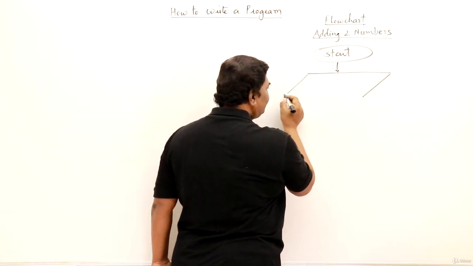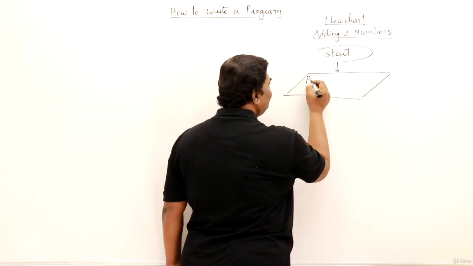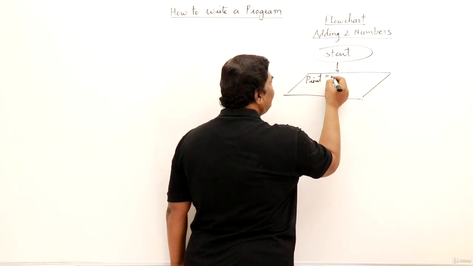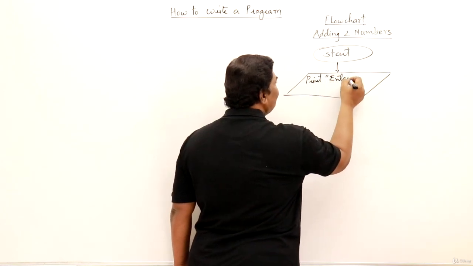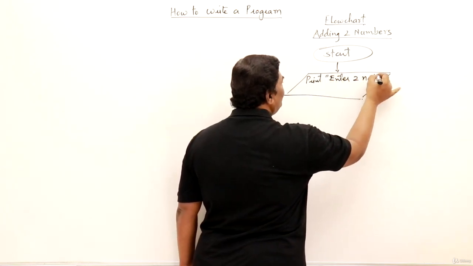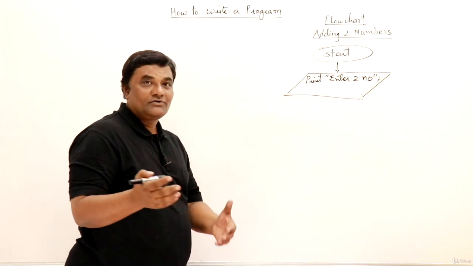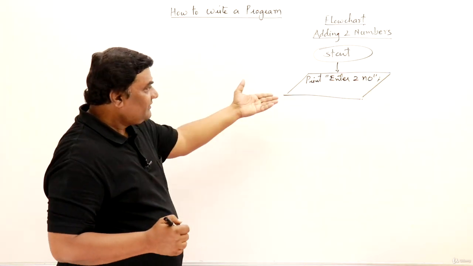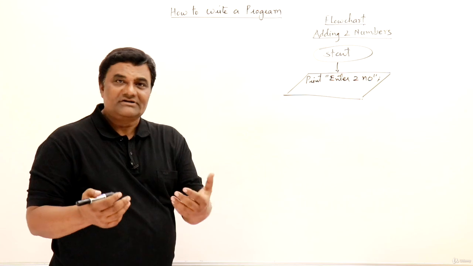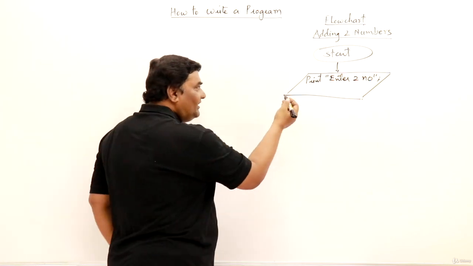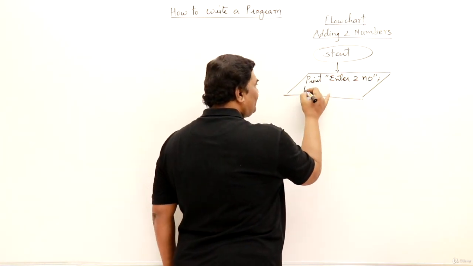So for that, it's better giving a message. So printing a message, I will say print enter two numbers. Like when I gave the example, I told you that first of all, I should take two numbers from you. So I should tell you enter two numbers. Then you will give me two numbers. So I should read two numbers. See, I am a program, right?